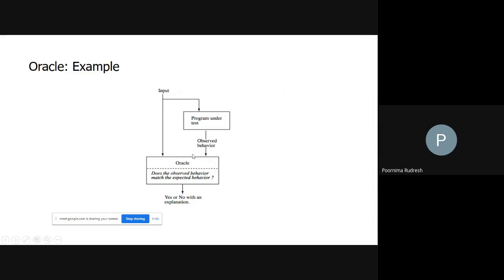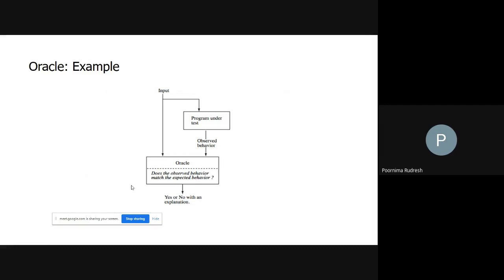Here the tester checks whether the observed behavior matches the expected behavior or not. Here the behavior is nothing but the output. Once the program is executed, the program gives the output, which is called the obtained output or the observed behavior or observed output. This obtained output is compared with the expected output. Expected output means once the specifications are collected, then we form the type of input to be given to the program and what will be the expected output.